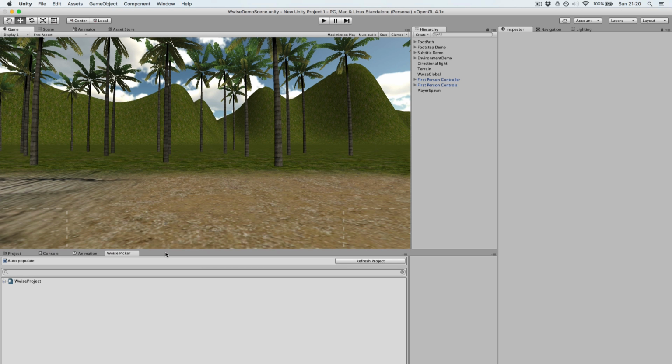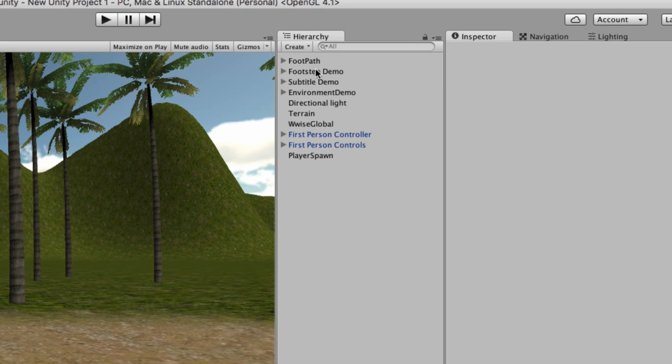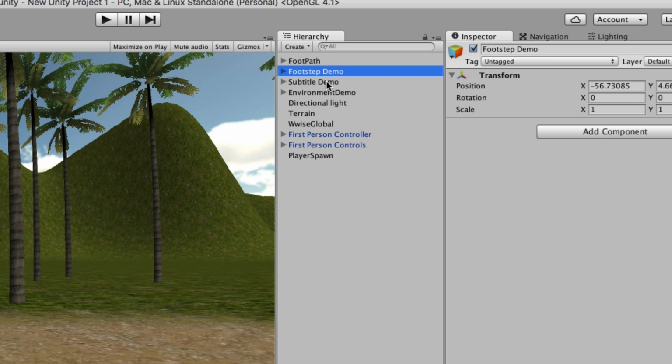And once that's done, you'll have something a little bit like this. So straight away, you'll notice on the right-hand side, this is your game object hierarchy. Your layout might be a little bit different to mine. I've customized mine to suit my needs. But ultimately, in the hierarchy list, you'll have all of the individual game objects that Audiokinetic have created for this